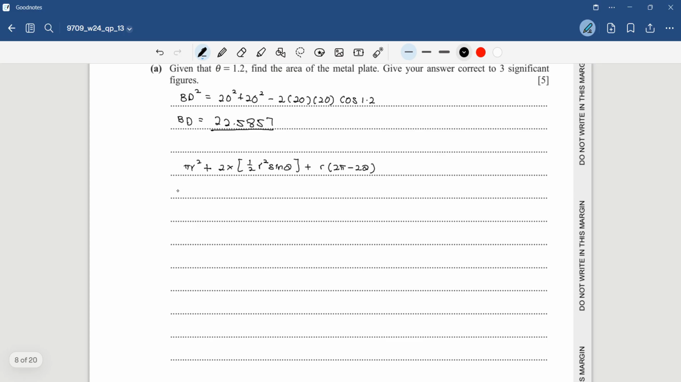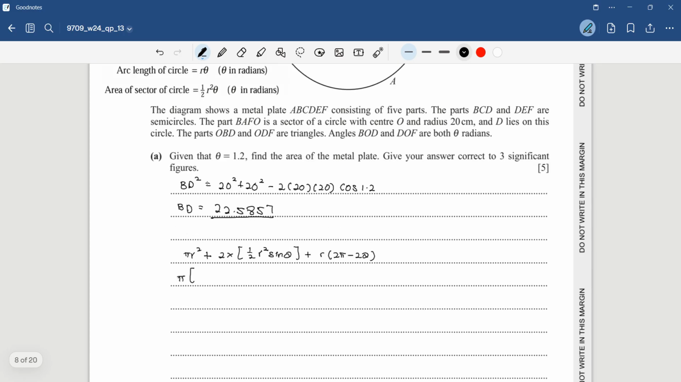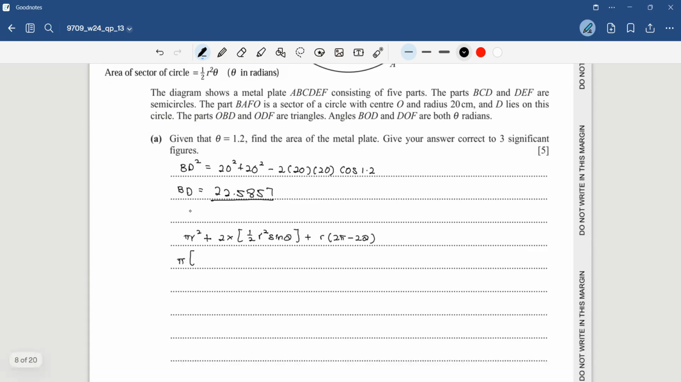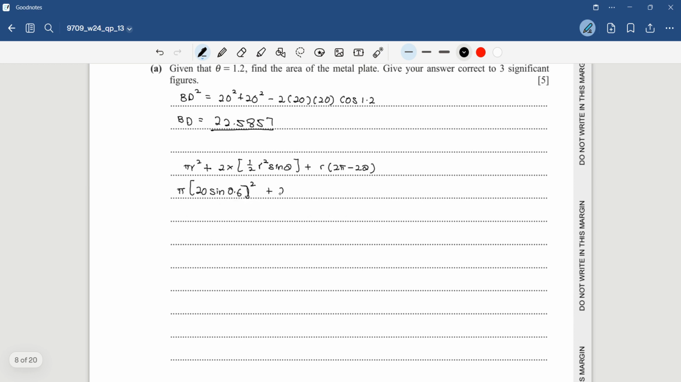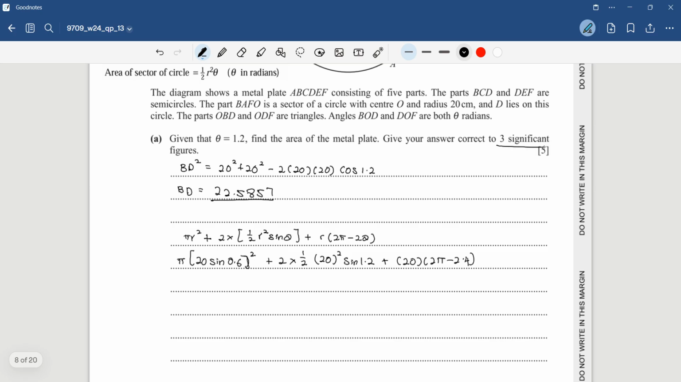So for pi r square, I just directly use this answer, 20 sine 0.6, all squared, plus 2 times 1 over 2 times 20 square sine 1.2 plus 1 over 2 times 20 square times 2 pi minus 2.4. Okay, since the question clearly mentioned they want the answer in three significant figures,